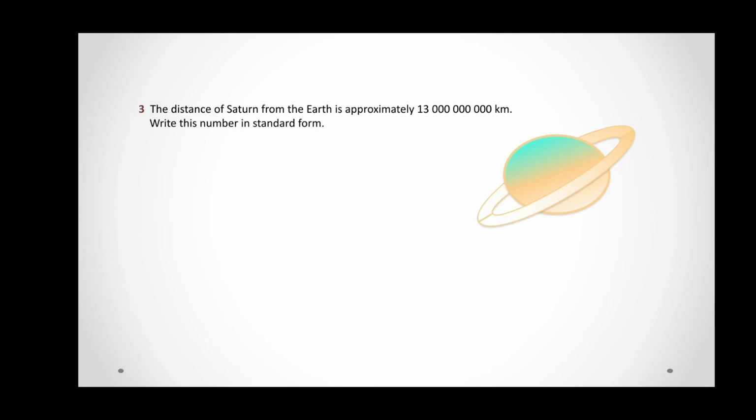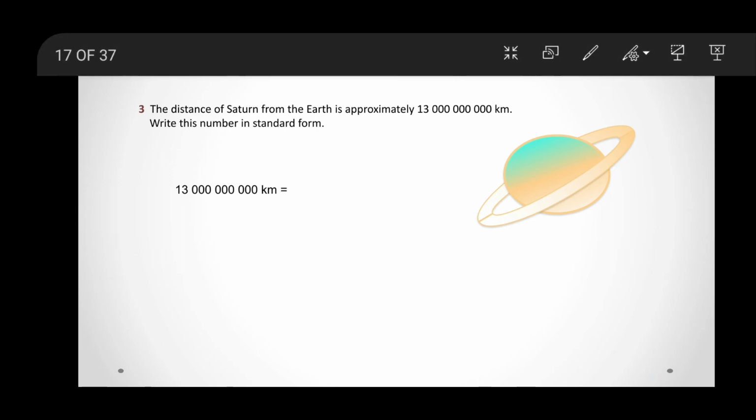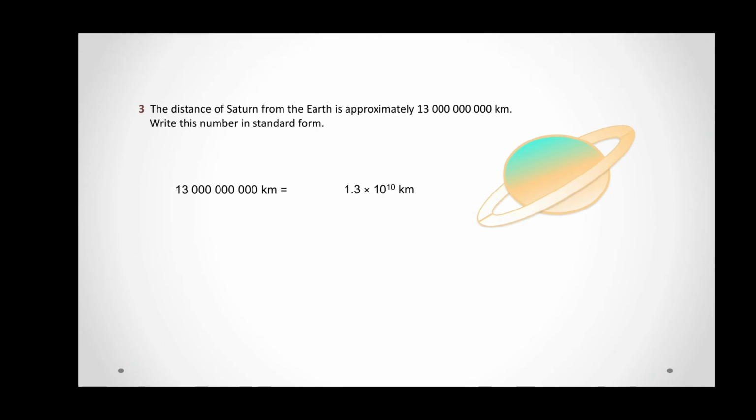When you write it as a standard form, easily you can identify the size of the distance, right? So we can identify here, we have 9 zeros and 13, so then 1.3 into 10 to the power 10 kilometers,